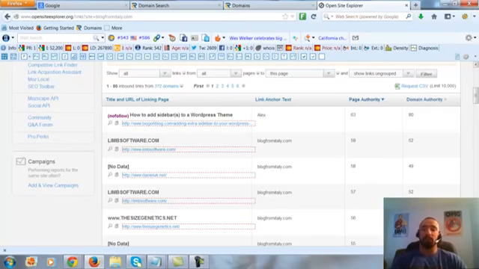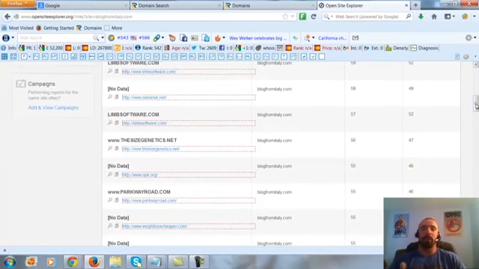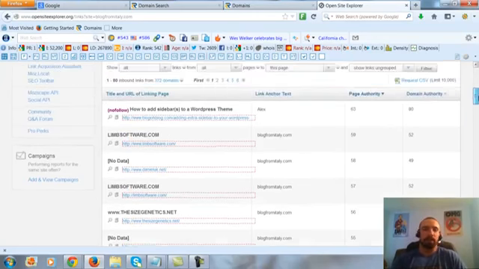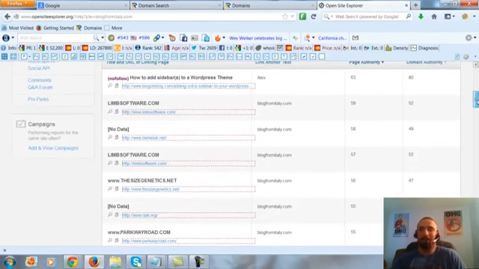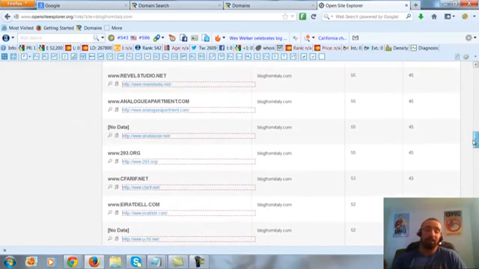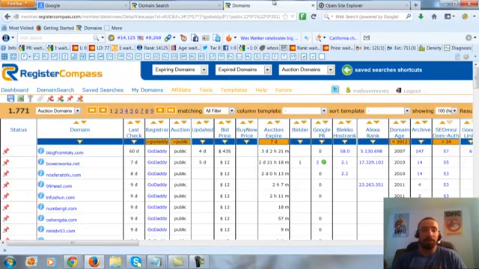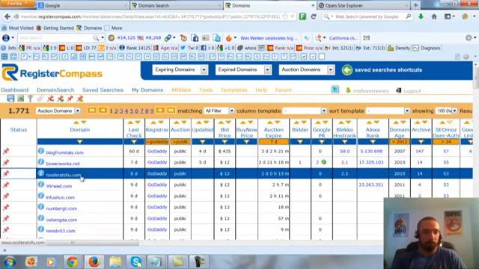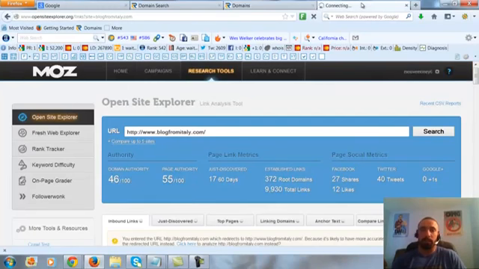But what looks like what he's doing is just using a network, getting sites and linking to the network, and then selling them. And then he probably takes down all the links, so the site loses all the power. And that's why I stay away from this type of stuff. It can get you in trouble. And even if he doesn't take down the links, I don't like it not being natural, okay? But yeah, it looks like this is from the same guy that owns that other site. And that's why I stay away from that type of stuff. Alright, let's go to another one. Try to get some examples of spam.